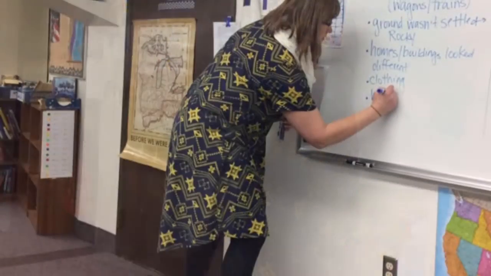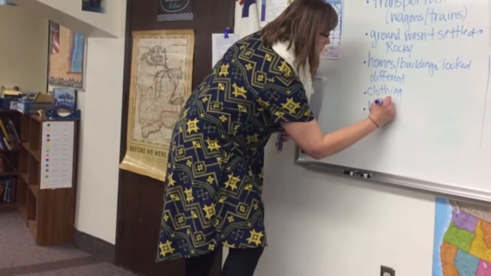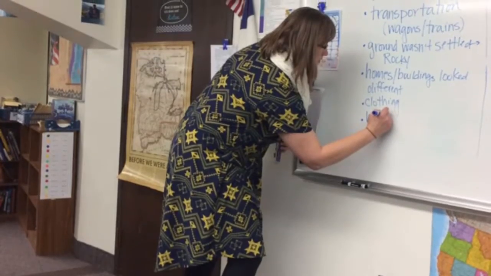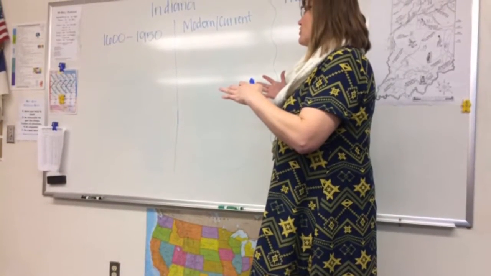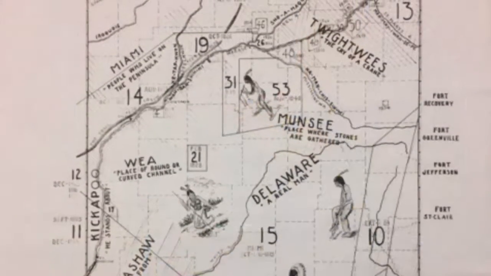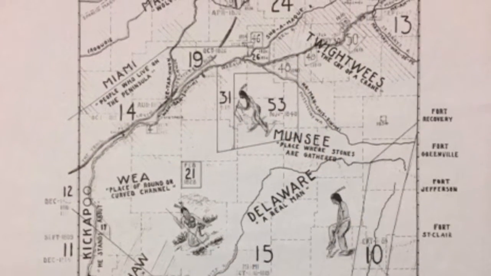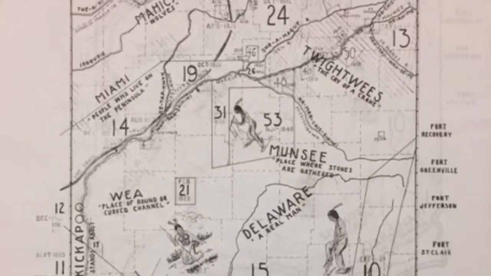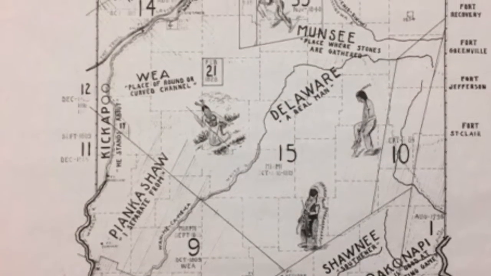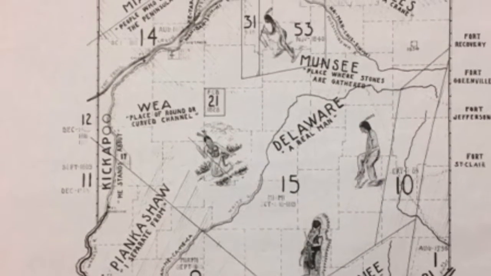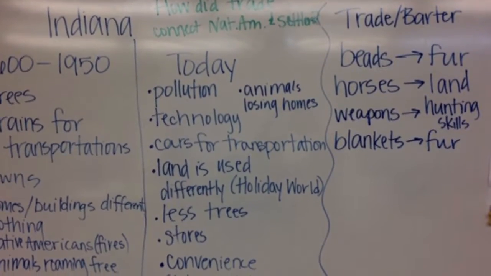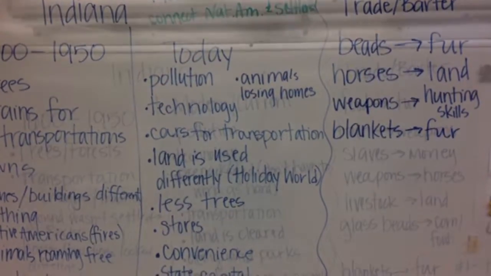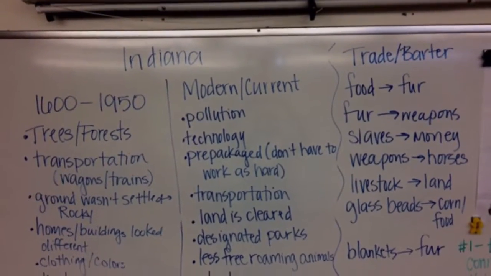So, what we did is we discussed what Indiana might have looked like in the past. We also had a map of Indiana with the different Native American tribes that lived here 200, 300, 400 years ago. And so, through discussion, we were able to think about how Indiana looked in the past and what it looks like today. I also tried to prompt students to think about vocabulary words that we have learned in class,